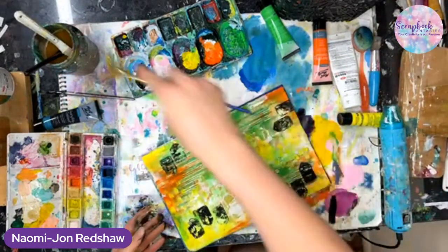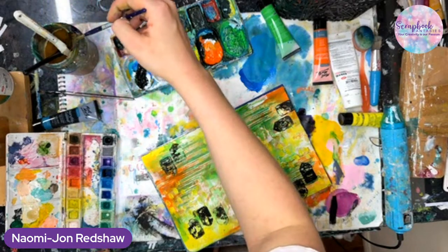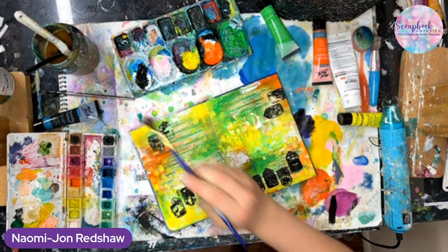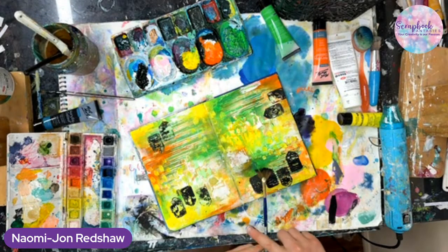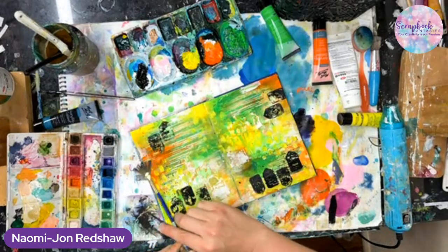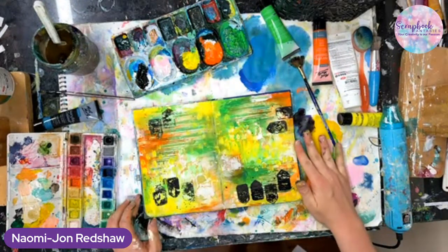I want them to be quite small, so I've just got my paintbrush in. It's not too wet. So I don't want too many of them, but at the same time I do want them to flick a bit easier, so I'll just come in. And I might even just... Now, you can't even see those black flicks from that far away. But what you can see